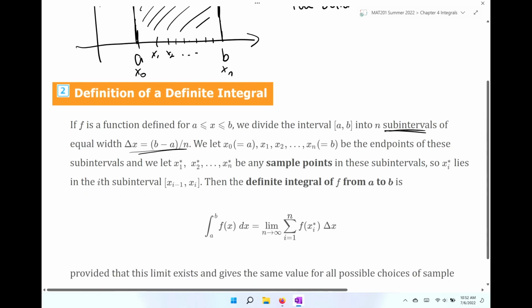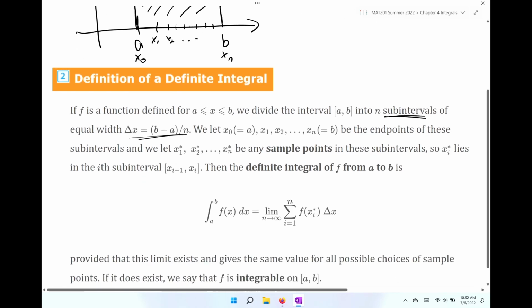All right? And sorry, I lost track. So we let x sub 0 equal a all the way up to xn, which equals b, be the endpoints of these subintervals, and we let x1, x2, xn be any sample points inside of the subintervals so that xi star lies in the ith interval of xi minus 1, comma xi. I know it's a lot. Then the definite integral